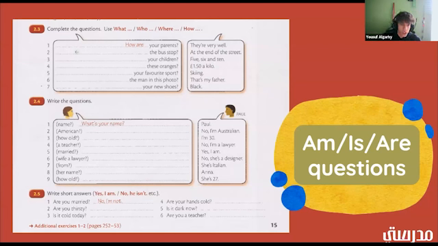Number 3, "blank your children." And remember, for this one, you can add multiple words. So you see the answer is 5, 6, and 10. All right. It's telling you ages. So what question would you ask to know the ages of someone? This one would be: How old are your children?